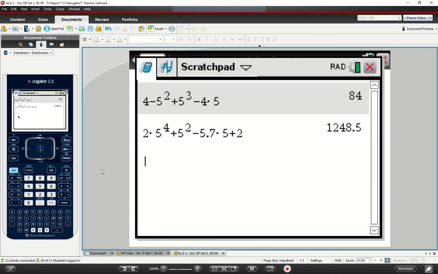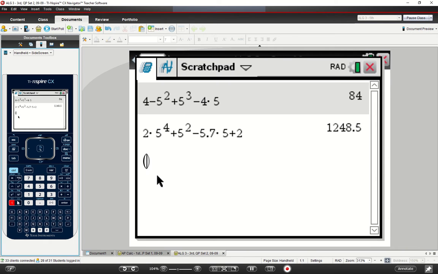So I'm going to go parentheses, 5, close, and my power is square, so I go right here. The next one's going to be plus 7 times 5, close, right? Minus,